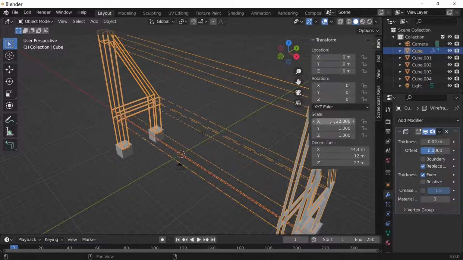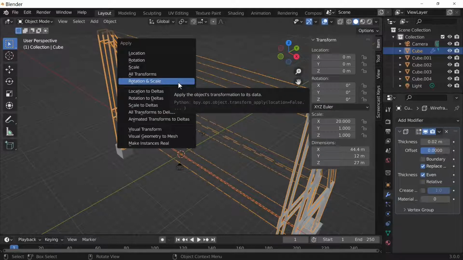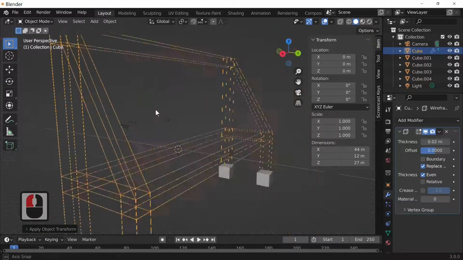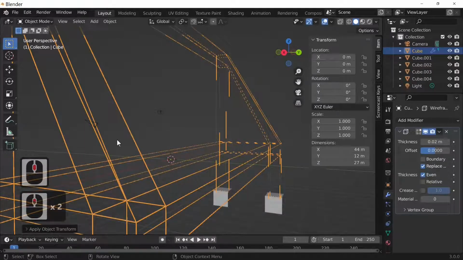So what we want to do is make this read correctly, and the way we make this read correctly is just by making sure that you're in object mode and pressing Control and A, and you can hit all transforms, but I'm just going to do rotation and scale, and as you can see it's now made these pipes very thin,